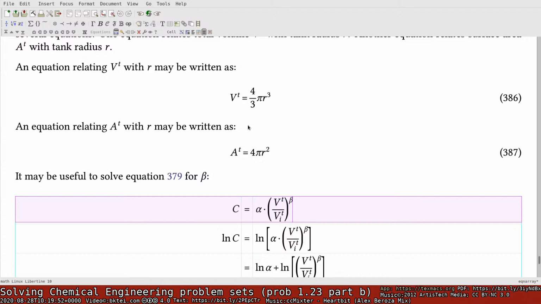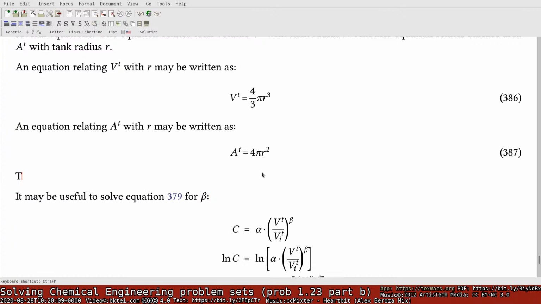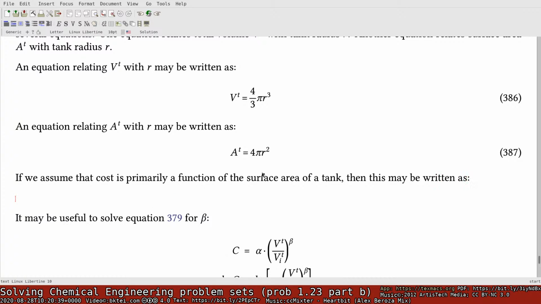Like, we have to come up with a cost. Like, two data points. If we suppose that it is a function of surface area, then the cost of a unit, if we assume that cost is primarily a function of the surface area of a tank, then this may be written as, and we can just write it as C is,